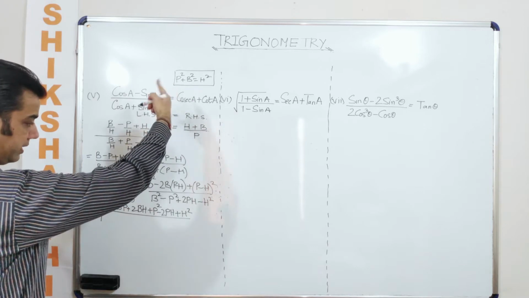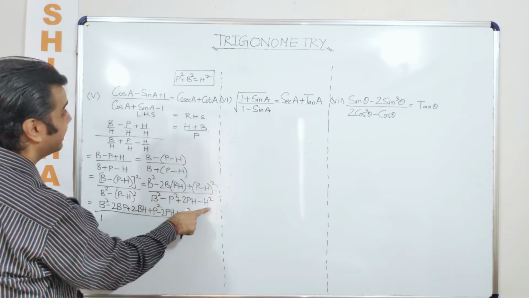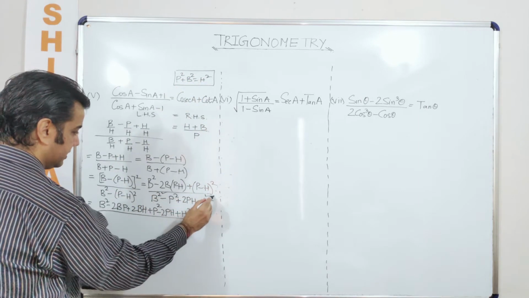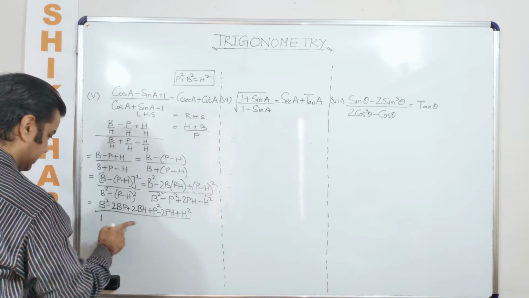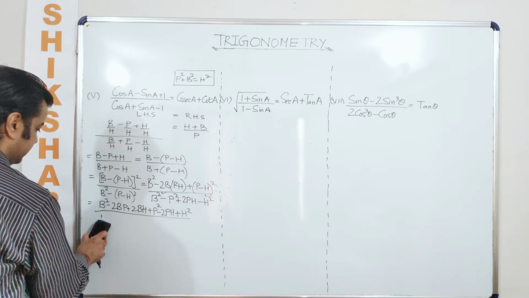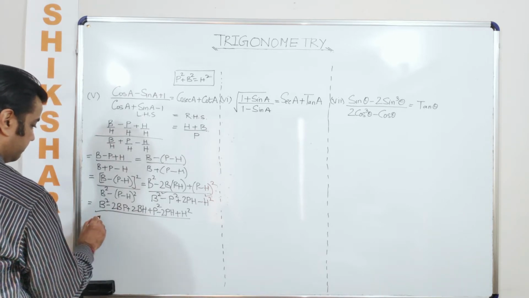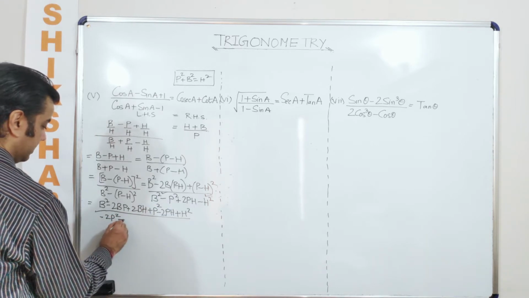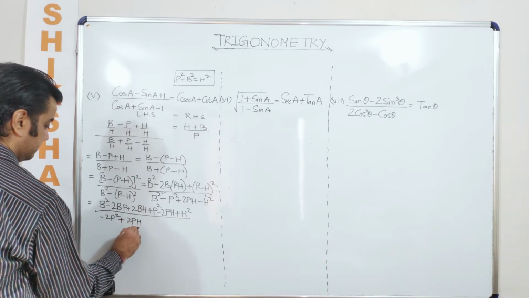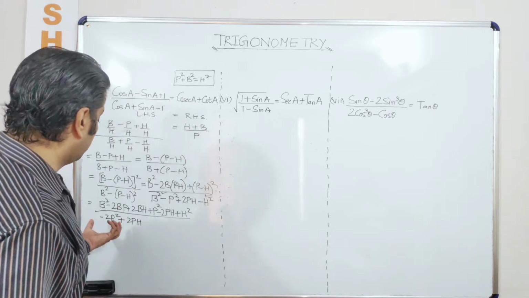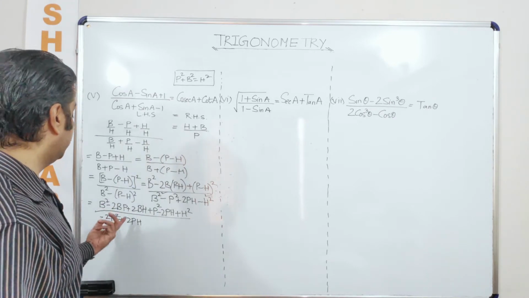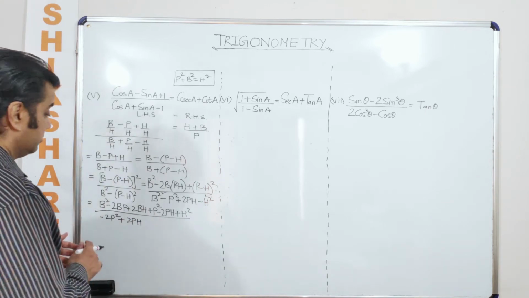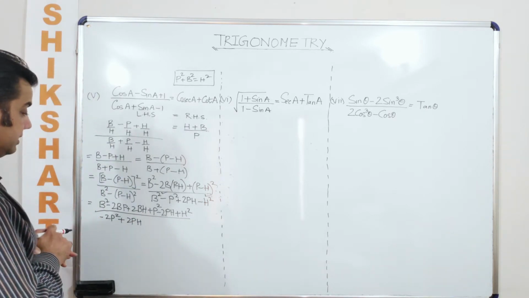Now this entire divided by b square. Now b square minus p square, can we use? No. Can we use b square minus h square? B square minus h square. So I am picking up this and this, which can be written as minus p square. In this case the denominator boils down to minus 2p square plus 2ph. So from here I get a faint idea that in the numerator also I need to get a common factor like p minus h.